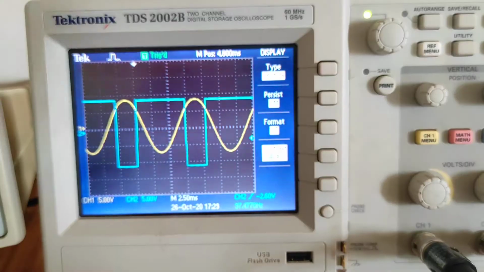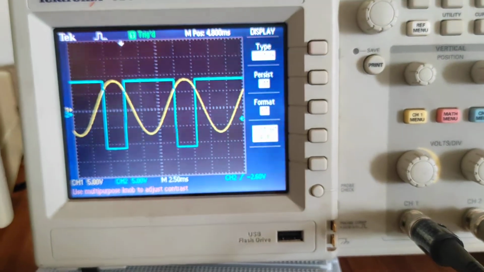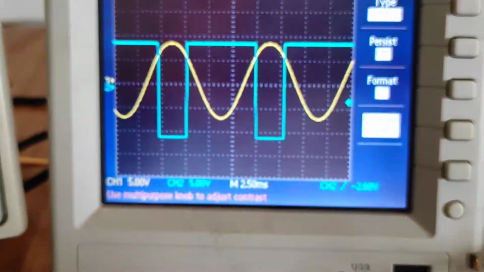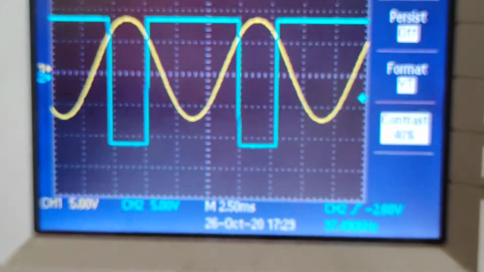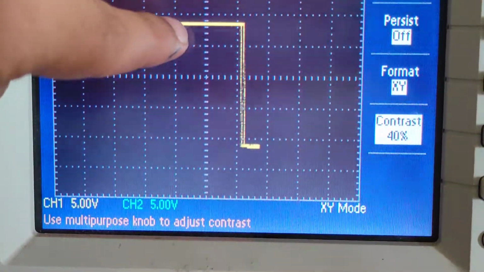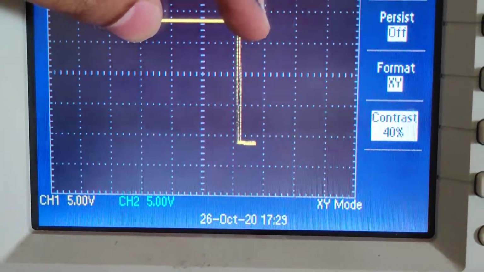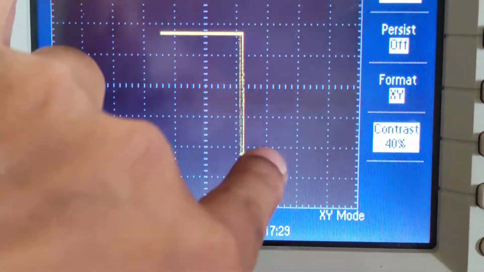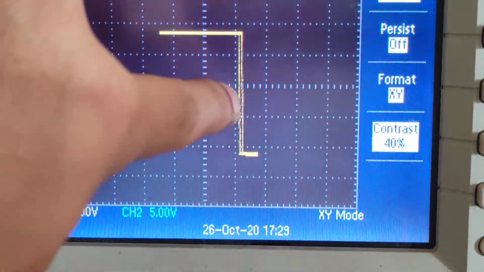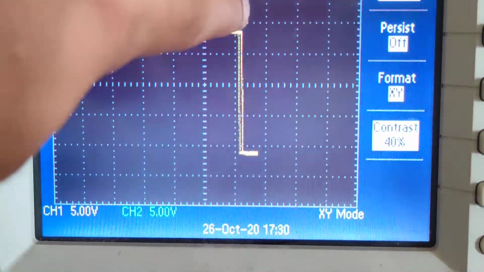Now if I go and choose the display button, now it has been here. Now if I zoom in and format to XY mode, now you see that the characteristics have changed. Now for a larger time it is in plus V set, and for a smaller time it is in minus V set, and our reference is the same, plus 5 volt only, around 5 volt only the reference is changing.